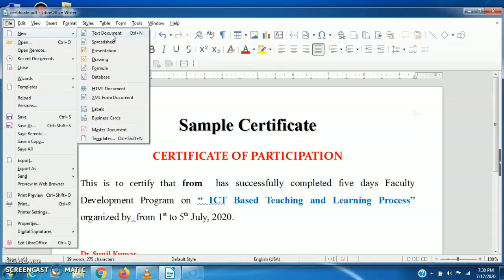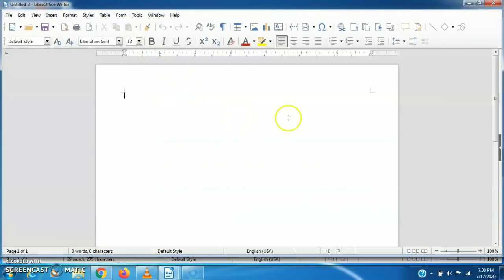If I click on new text document, you can see this is almost the same as the MS Word document, and almost all the options are the same, such as font, bold, italic, underline, color, alignment center, left or right, justify, numbering, and we can also insert a table. So this is the basic interface of LibreOffice Writer.